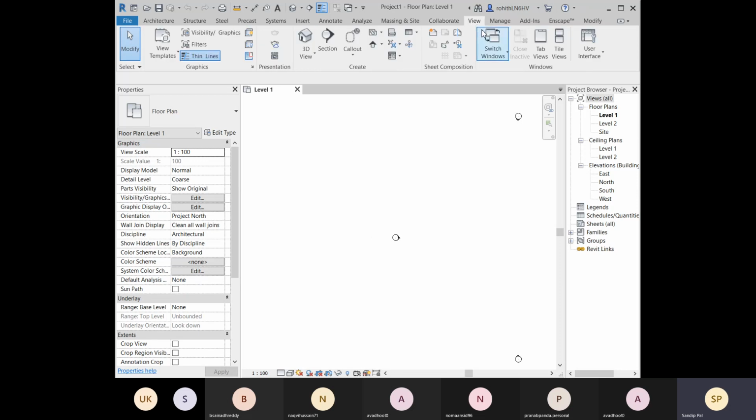Here we have the View tab to create views like section, 3D views, detailed views, elevations, and creating sheets. And for controlling our visibility for each view, we have Visibility Graphics. We have the Filter option. We are going to learn about that also.